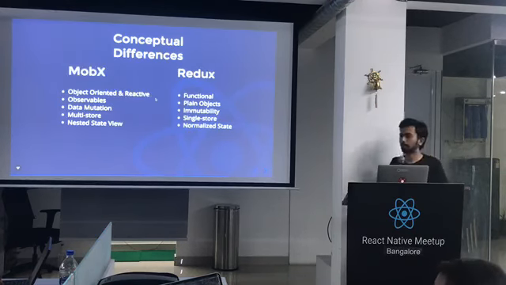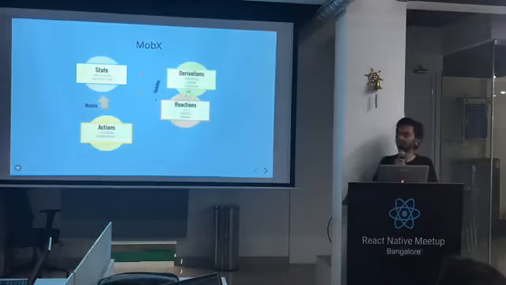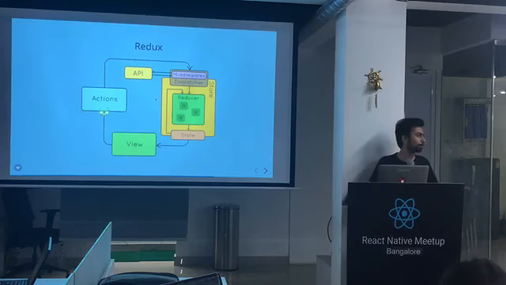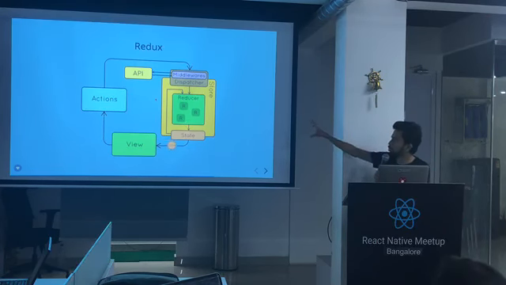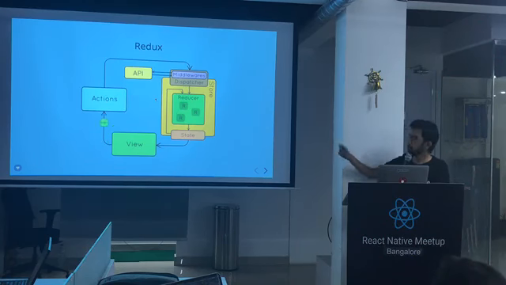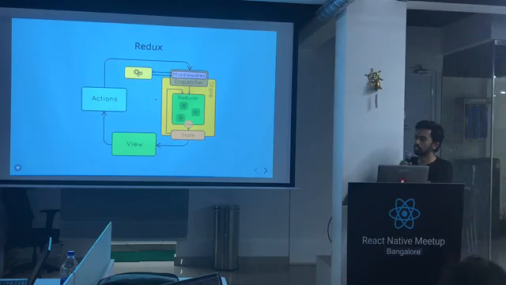I actually wanted that slide to be explained, not for MobX but for Redux. Okay, sure. Only if this part can be covered. Okay. So this thing that you see here is the store. Store comprises the reducer and state. The view part of your app is rendered from the state, so whatever changes are made in the state, your view gets re-rendered. And to make changes to the state, the view has to dispatch some actions.